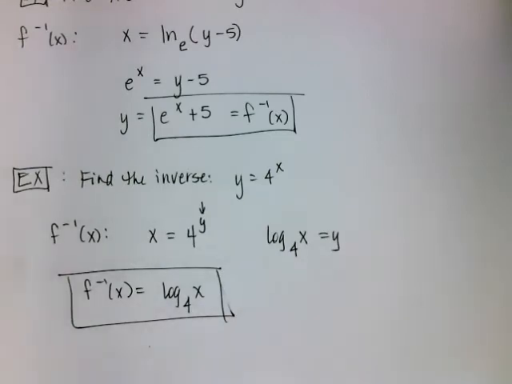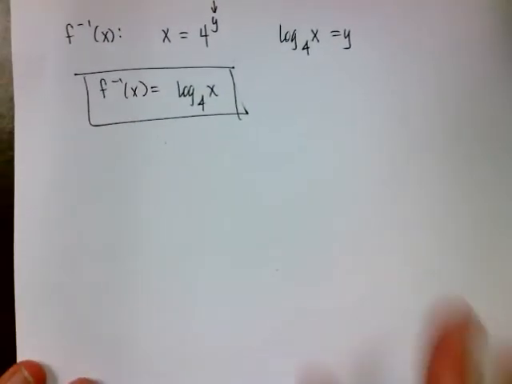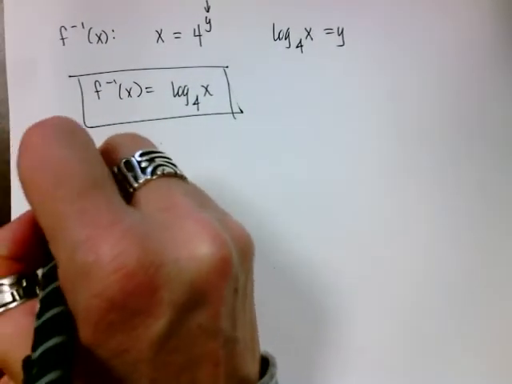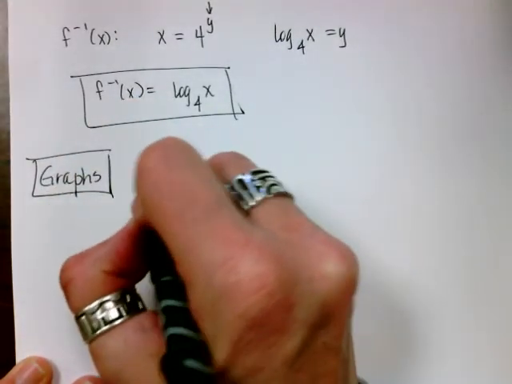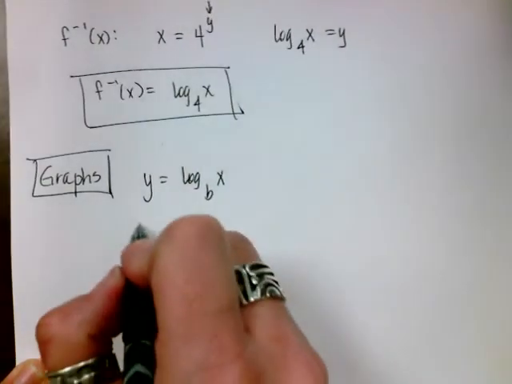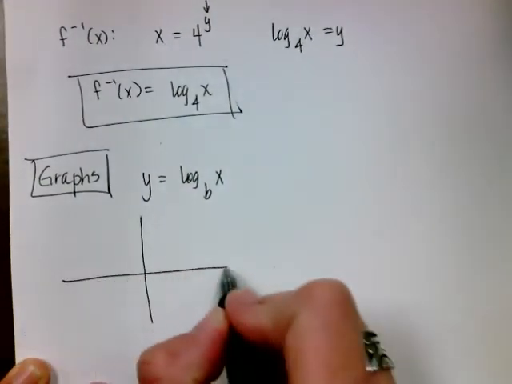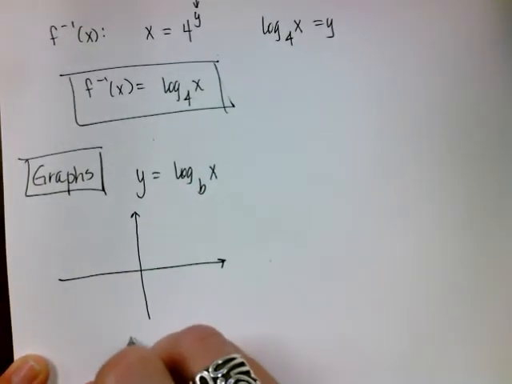Alrighty. So the only other thing that I have to show you that's new for today is what the graph of logs looks like, because they are a little bit unique. Alrighty. So the graph of y is equal to the log base b of x is going to look like this. Okay? It has a vertical asymptote,